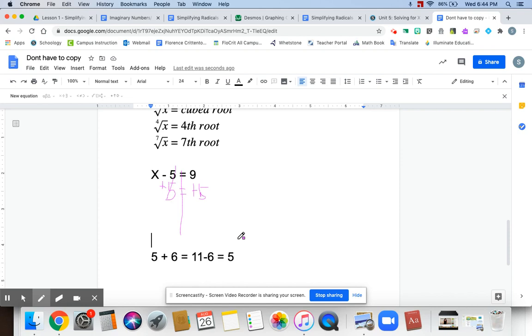Cancel, eliminate, undo, inverse. They all just mean it gets rid of. And now we're left with x on the left side. This canceled, and it's going to equal 9 plus 5, which is